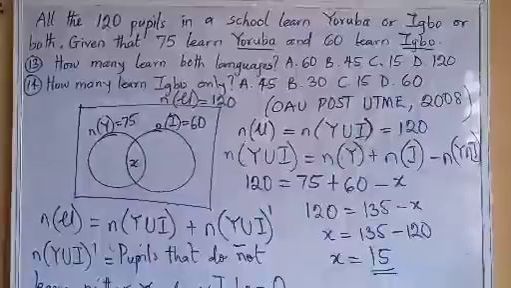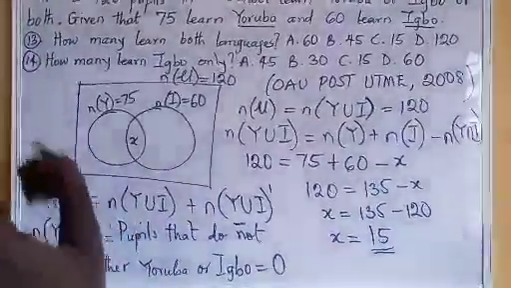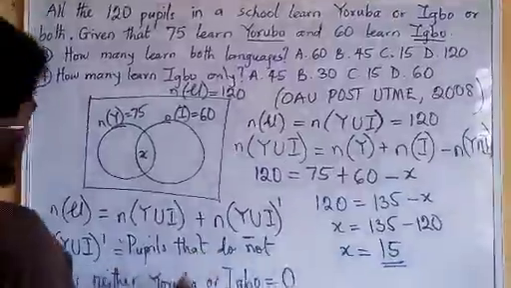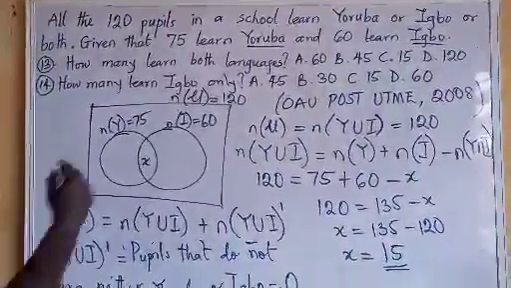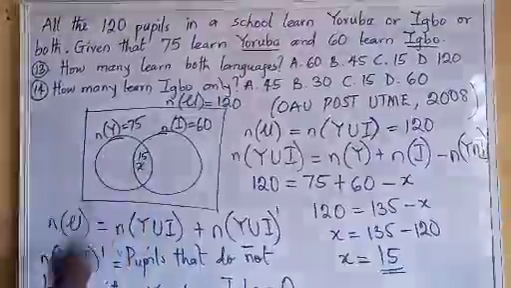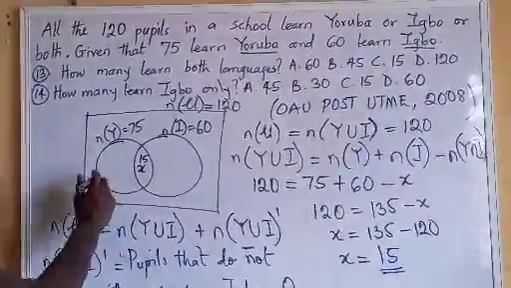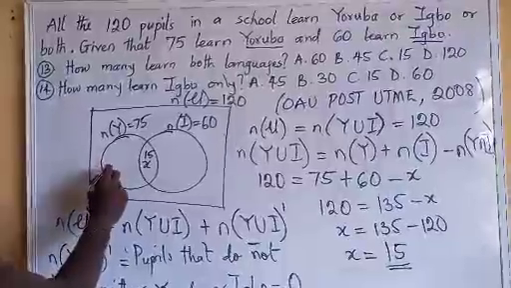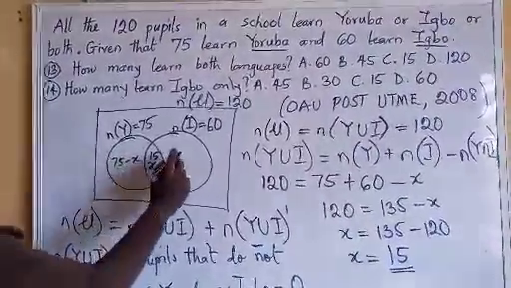I'm still going to use another method, but before I do, let's look at the second one. If we calculate this one to be 15, if our x here is equal to 15, so those that did Yoruba only will be equal to what? This one will be 75 minus x, and then this one is